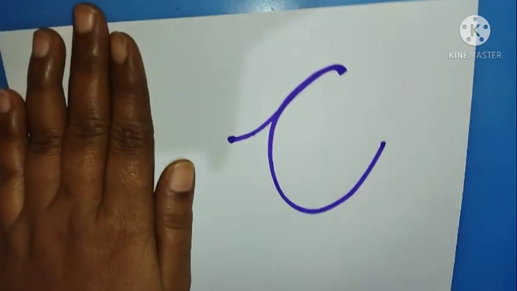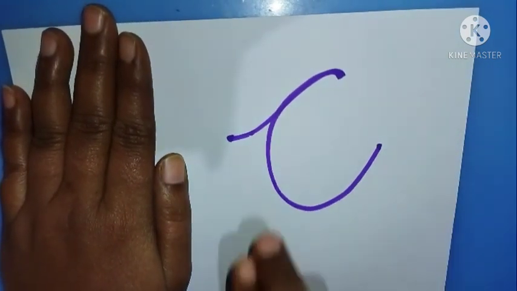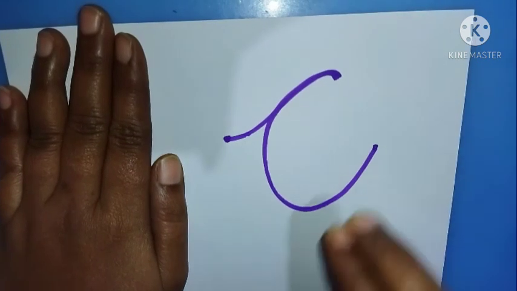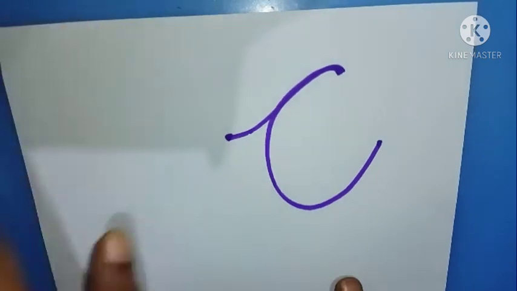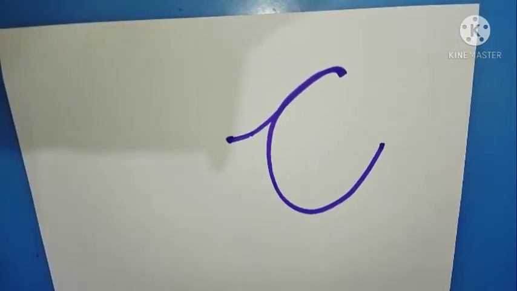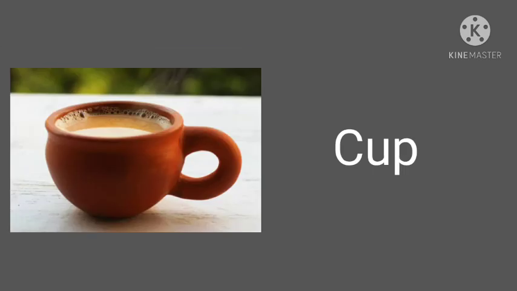The next and last letter that we are going to give to the child is C. Trace the letter as it should be done and the sound is K. K. After the child is satisfied with the tracing work, start giving the words. K as in cat. When I say cat, do you listen to the sound K? When I say cup, do you listen to the sound K? In this way, we introduce each and every sound and letter to the child.